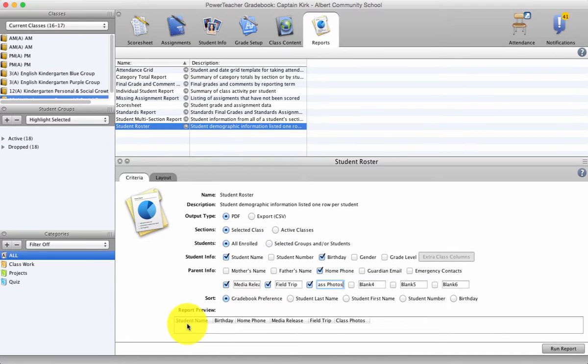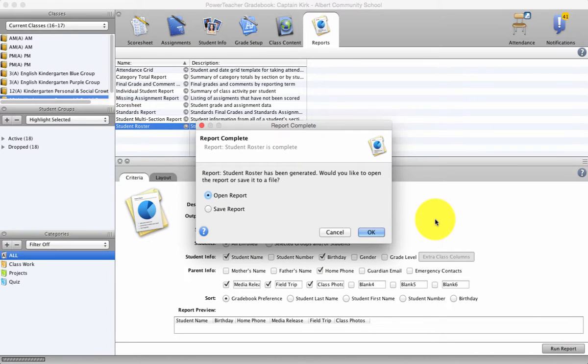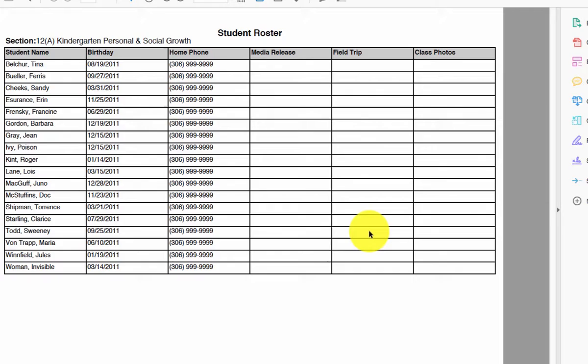And you can see here on my preview that everything that I've selected, of course, is going to appear in my report. When I'm happy with what I see in my preview, on the bottom right hand corner, I'm just going to run my report, and then I get an option. Do I want to open the report or save the report? For this example, I'm only going to open it, so I'm going to leave open report selected, and I'll open